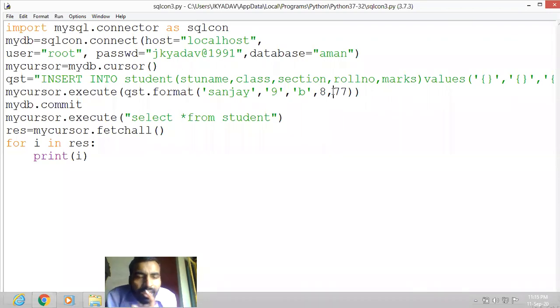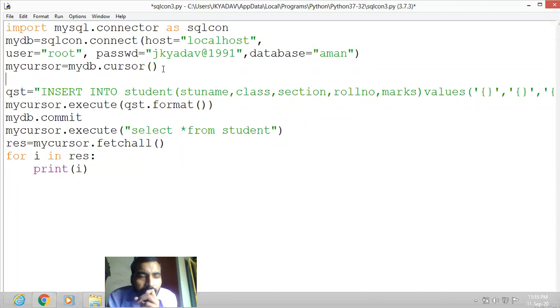Now what I am going to tell is, this value which we have given here, let us give it with the help of input. Suppose the user is giving the input. You have made the application for the user and the user is giving the input, and then it is being saved in your database. So how do we give this as an input? Let us remove this, and now let us write an input, for name, marks, whatever is there, a variable for each.